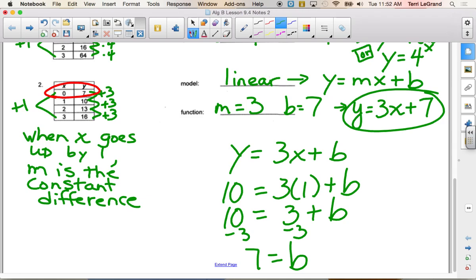So anybody have any questions or concerns? Anything left over here that you're like, okay, I don't get where we got that? We have an understanding of how we're going to put together linear function names and exponential function names. Okay, then